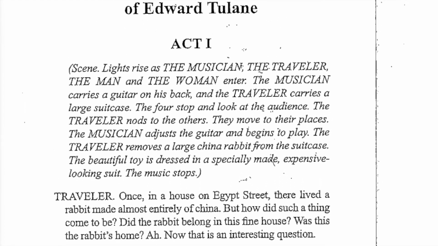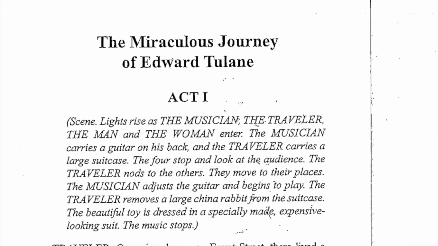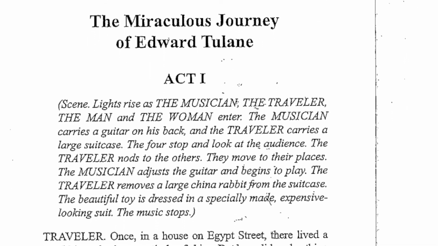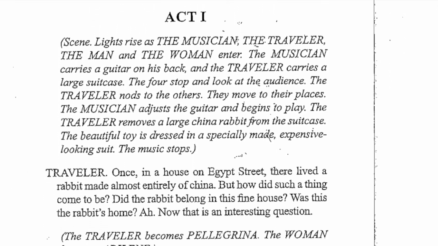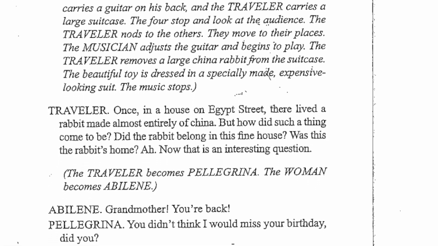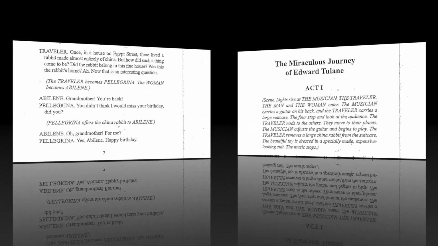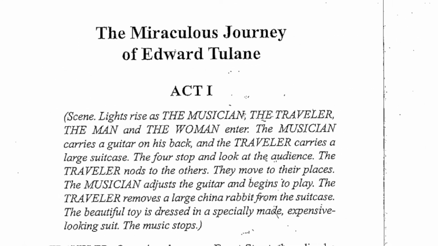Another thing I'm noticing is the text. Some of the text is italicized and some of it is not. When we notice italicized text in a script, that's giving us information about an action that needs to take place. So if we read the very first paragraph of the script, it's not dialogue for the character. It's setting the scene, all right?